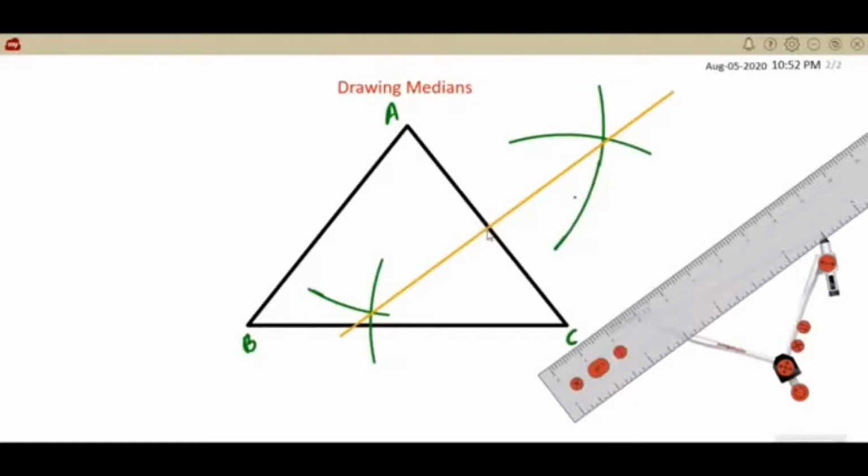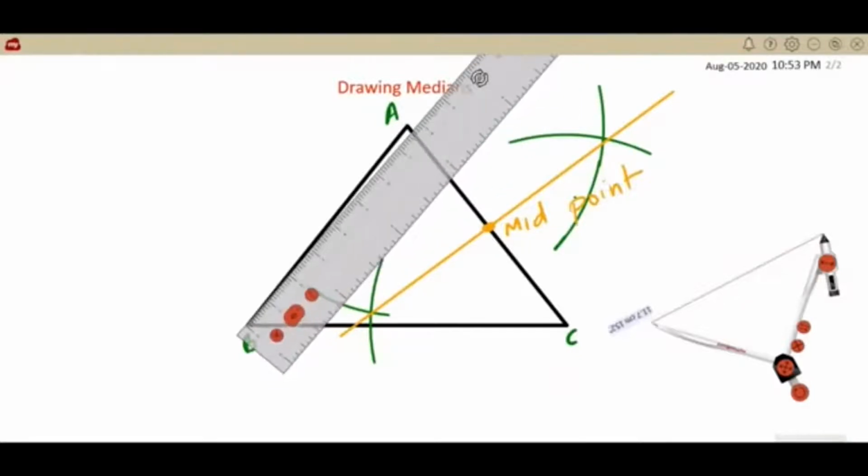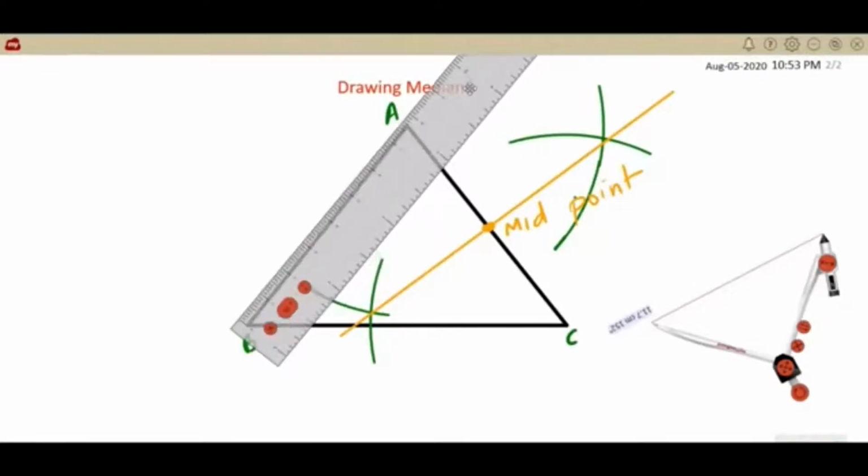the midpoint. This is the midpoint. Now from that midpoint you have to draw a line connecting to the opposite vertex, that is B in this case, and the other midpoint I am roughly taking, not making that accurate, simply measuring with the scale, and I can see that almost